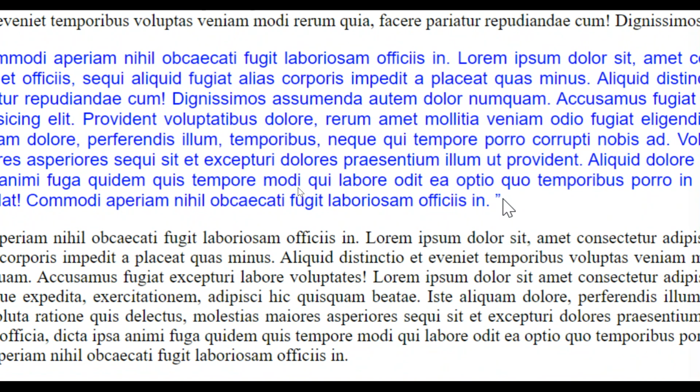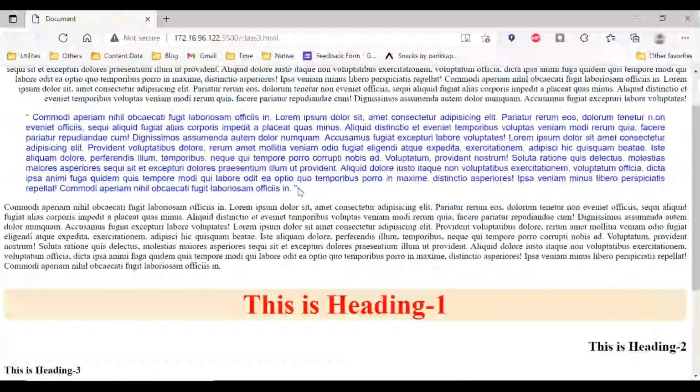So this is basically an inline tag, but you can use inline tags within the block level elements. You can use all the inline elements in the block as well. Okay, because it's also an element of HTML, na? So you can use block as well as inline elements in each other. But in the inline element, you can't use the block level elements. Okay, so you have to just take care.